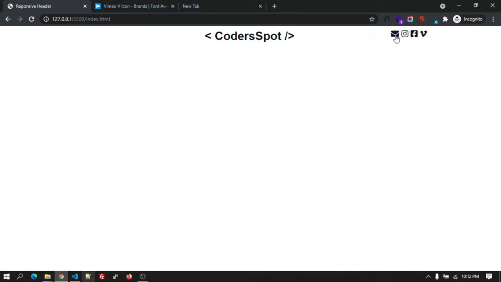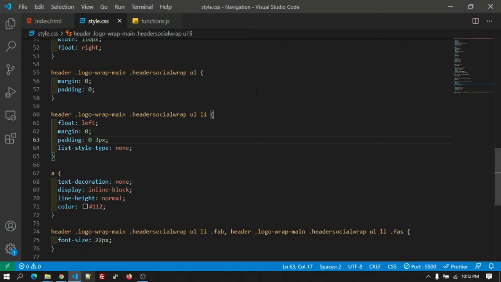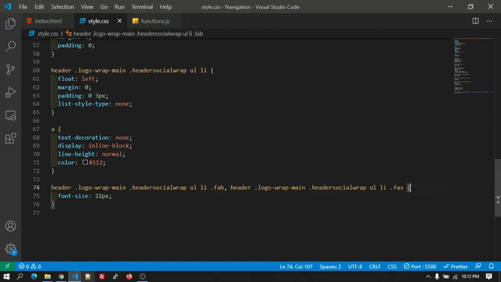Also on hover of these icons, let's add some color while hovering on these social icons. So let's copy this.